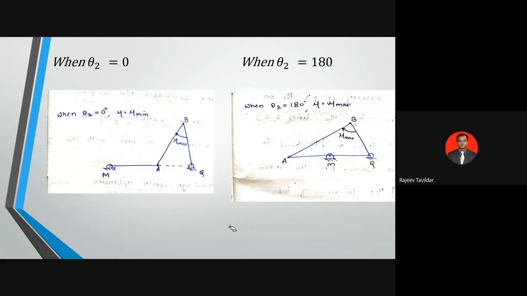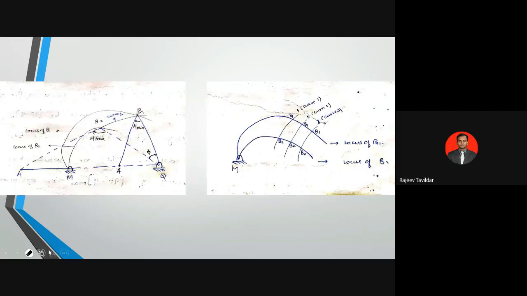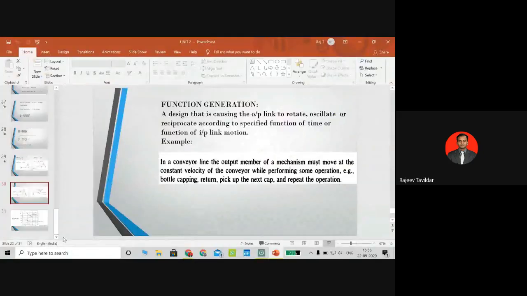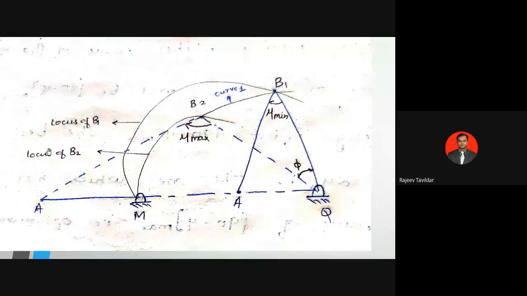In the next diagram, let me explain one diagram which is on the left hand side. Here what I've done is I have merged the two diagrams which you had seen earlier. When I merge, point Q and Q will overlap. Point M and M will also overlap. But in one case, point A was towards the right side of M. That is when mu is mu minimum. Similarly, on the other diagram, point A was on the left side of point M when mu was mu max.